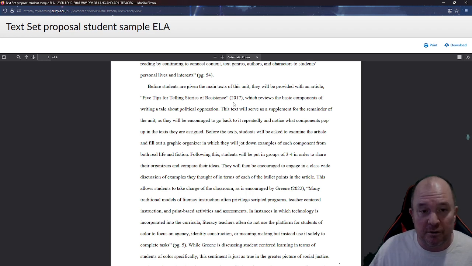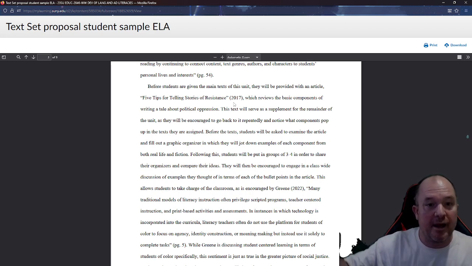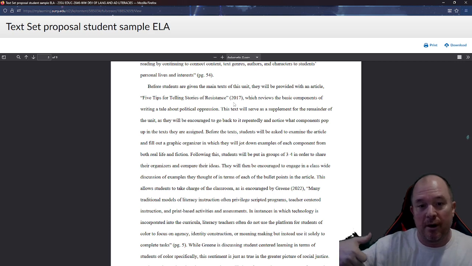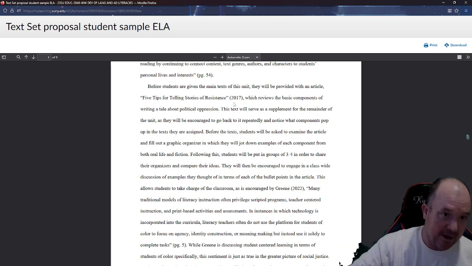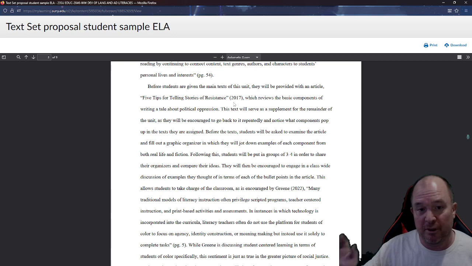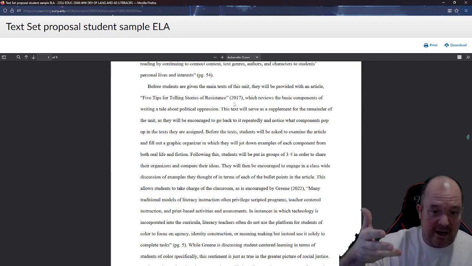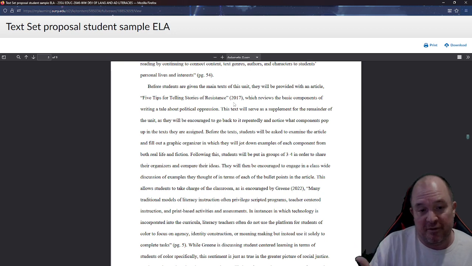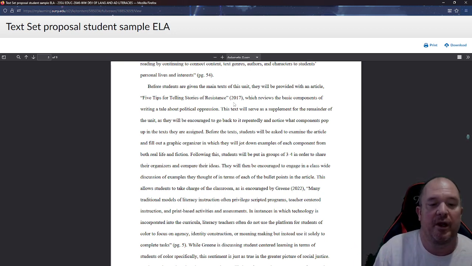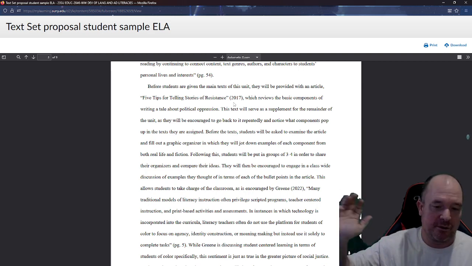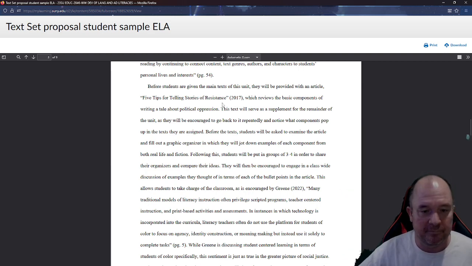Don't say a recipe or a cookbook or a science article or a math article. I want you to actually go on to the Millen database, find the article, and read it. Figure out how you would use it, because once you have the specific article, it's easy to come up with ideas of how you would support students in understanding it, what types of literacies you would do, and then go from there.